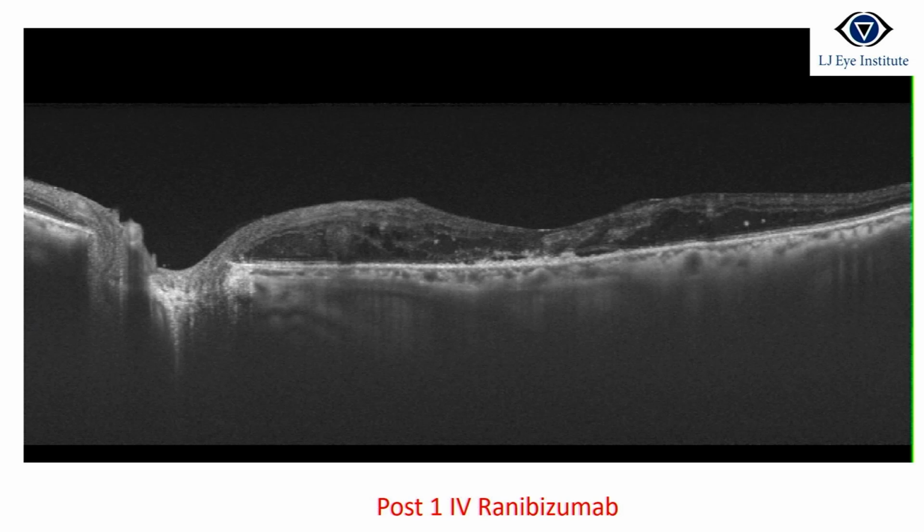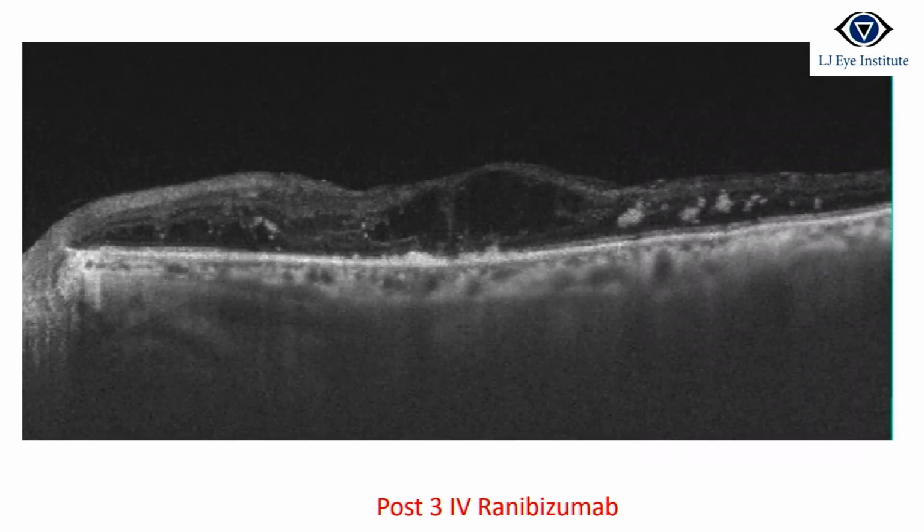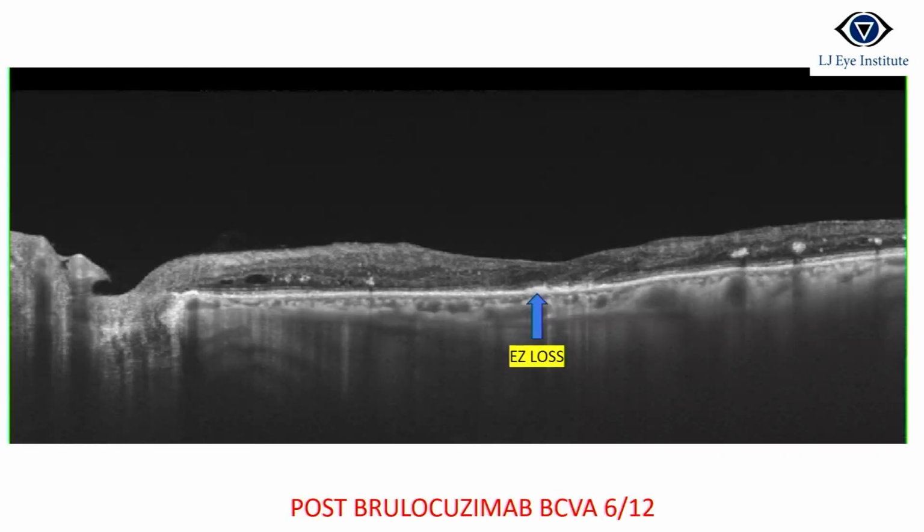Patient received anti-VEGF injections, monthly interval, 3 injections. But after the third injection, now this edema has recurred. Earlier it was responding to one anti-VEGF, but when the edema recurred, here is the time you can switch over. You can think of changing your drug. So we decided to switch over, and we switched over to another drug. So now visual acuity still remained as 6/12, although the edema has gone.